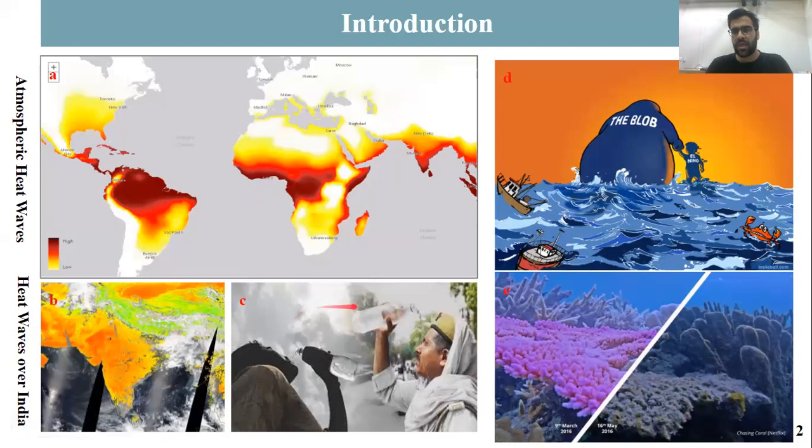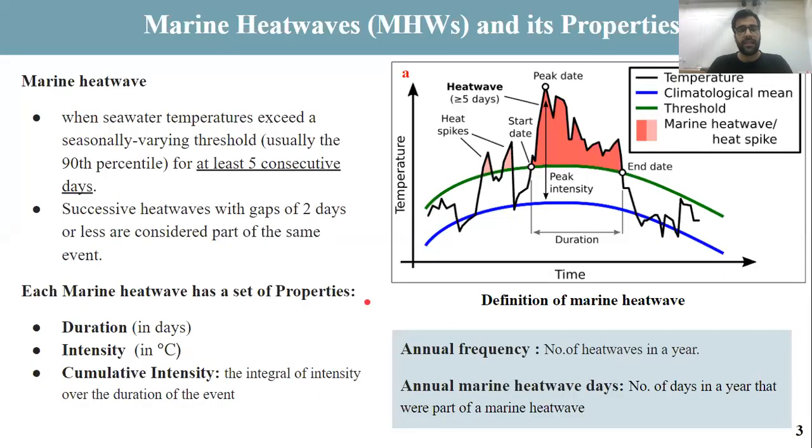during the summer. Now the question arises: do heat waves also occur in the oceans? If they occur in the ocean, how are we going to define heat waves in oceans? What are the causes of heat waves in oceans? And what are the impacts of marine heat waves on the marine ecosystem? All of these questions we will explore throughout the presentation. First, we will define marine heat waves.